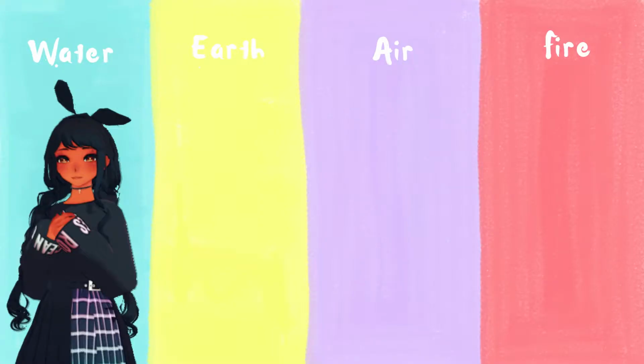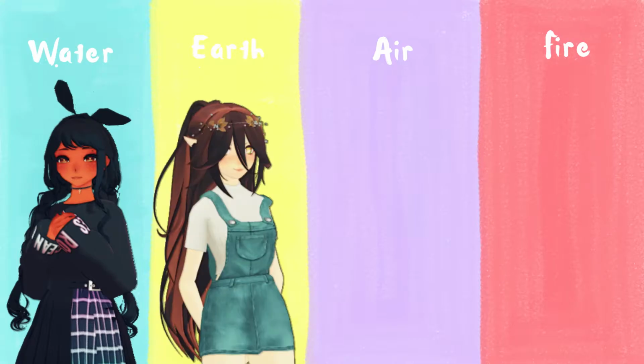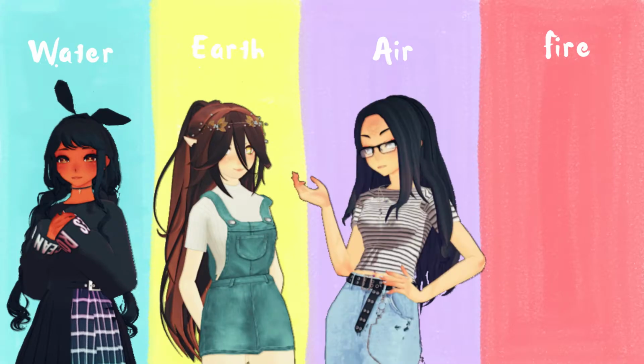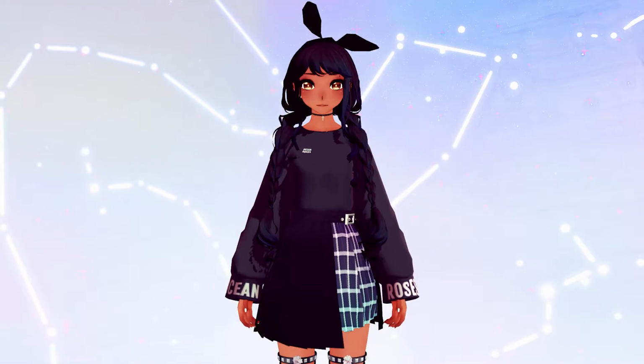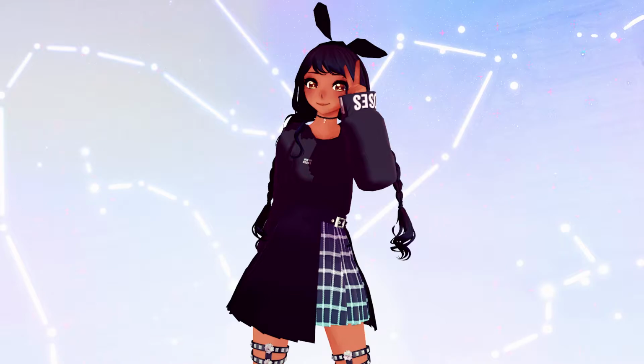Briar is a siren, the fishy kind, so she's connected to water. Milan is fae and connected to earth. North is connected to air as a witch, and Kite is connected to fire as, well, a phoenix. Each of my main 4 OCs fall under an element. However, there's a 5th element that isn't talked about as much. I was already planning to add it into the story despite it not being talked about in the main 4,